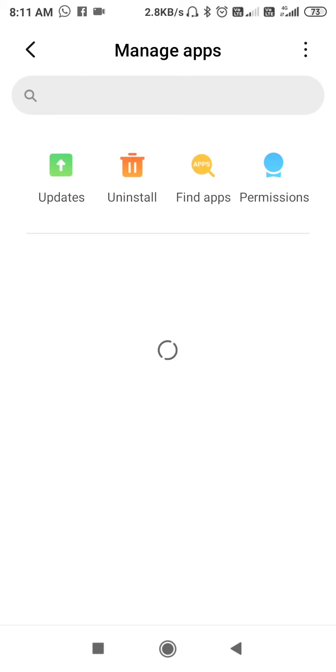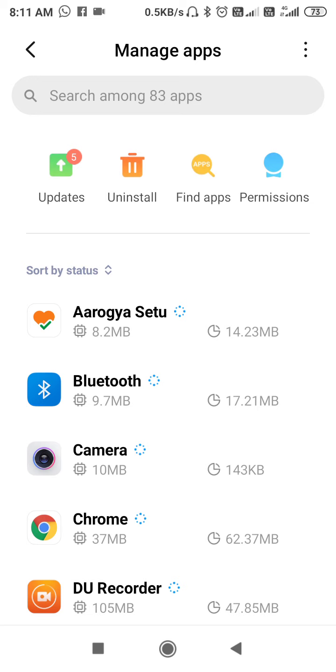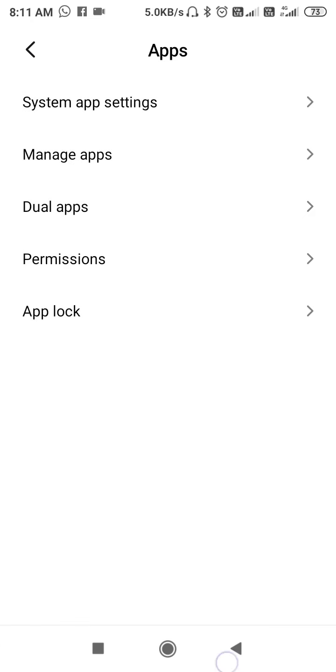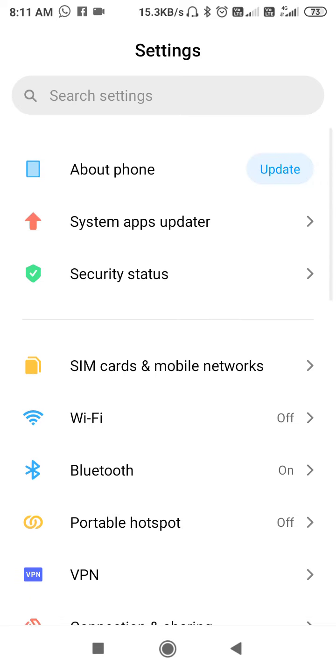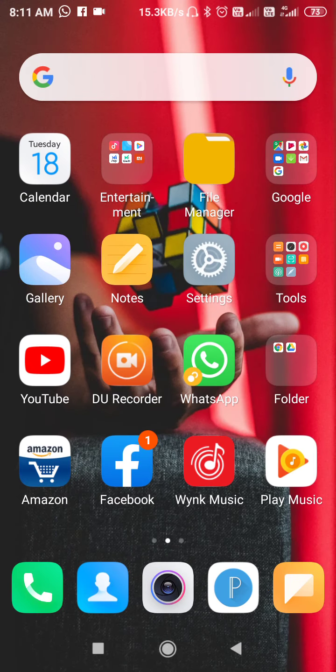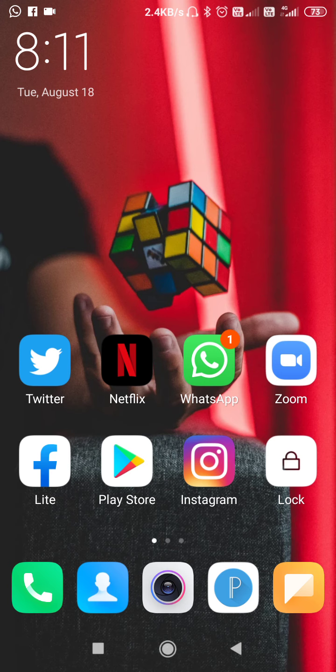Go to apps, and then go to manage app, install app, or you may find app manager here. Go there, find Parallel Space, and clear the data. After clearing the data, restart your device, check for an update of Parallel Space, and after that you can use dual WhatsApp. This is how you can fix the problem easily if you are using dual applications. If you are using something like Parallel Space to make dual applications, it is the best and easiest way to fix the problem.